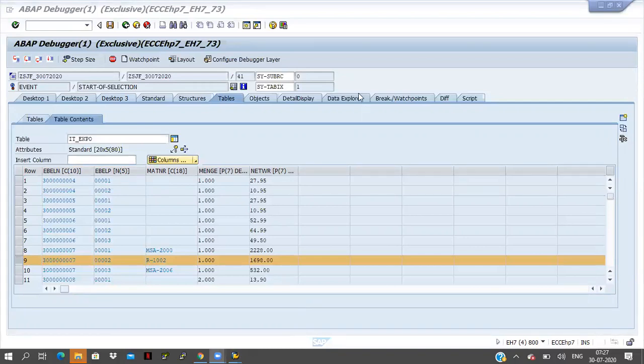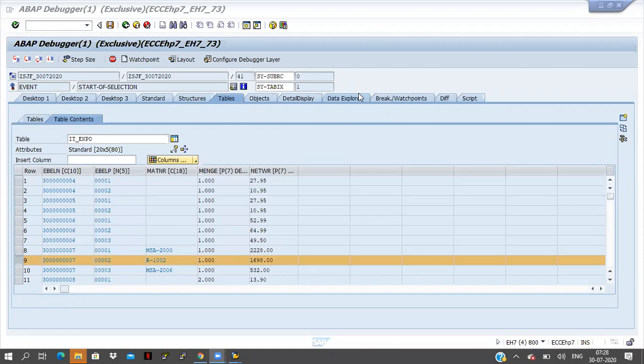Sir, here we are using the work area to fill the internal table only, no, sir? Yes. But in the work area, actually records will not be stored. In the work area, only 1 record will be stored, not multiple records. Sir, when you are filling the internal table through the work area, all the records will go and sit in the internal table. And then how will the records be there in the work area?